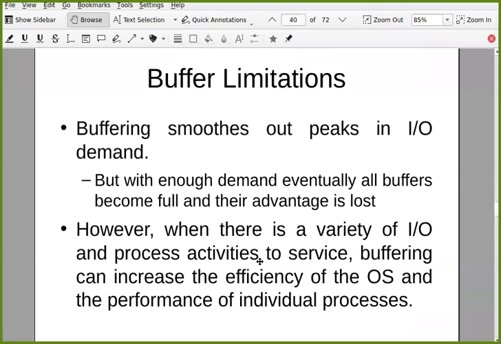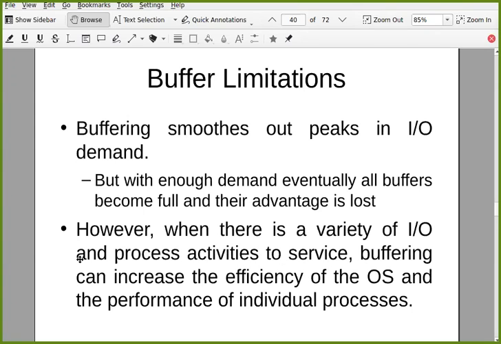Now this IO buffering technique has its own limitations. Buffering smooths out peaks in IO demand, definitely, but with enough demand, eventually all buffers become full and their advantage is lost. If all processes are continuously demanding IO, ultimately all these buffers will be full and you will lose the advantage of buffering.